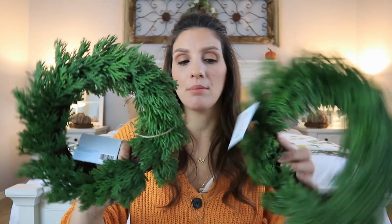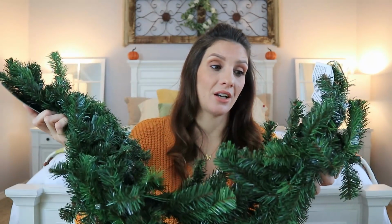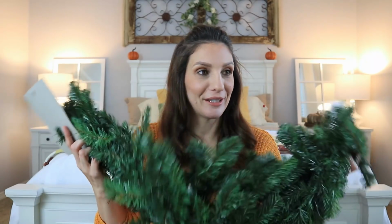So right now I secured 4, thinking that if anything, I will use it in my dining room tablescape. These were $9.99, but that meant $5 each because of that 50% off. So this is garland, but it's pre-lit garland, and it's battery operated. I think there's a timer built into this. It's clear light bulbs, it's 6 feet, $19.99, so I paid $10, and this is going to go in this room. So I'm really, really excited, and actually looking at my mirror, I'm thinking I want another one of these